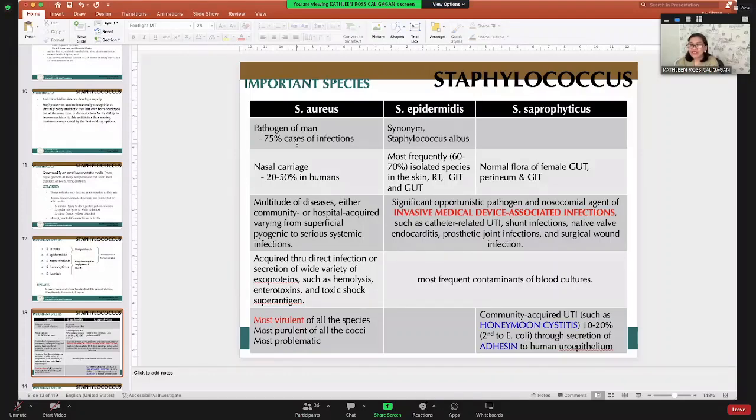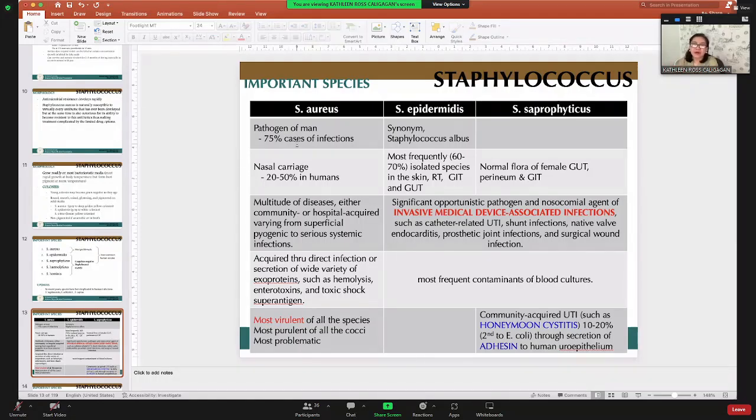It's the most virulent of all the species. It's the most purulent of all the cocci, and it's the most problematic. While the other two are Staphylococcus epidermidis and Staphylococcus saprophyticus. So for epidermidis, it's also known as Staphylococcus albus. It comprises 60 to 70% of the normal flora of the nasal cavity, the skin, particularly the skin. Now, it's the predominant normal flora in the skin,